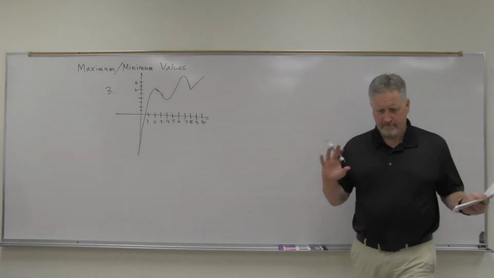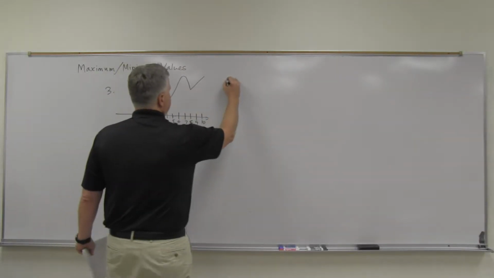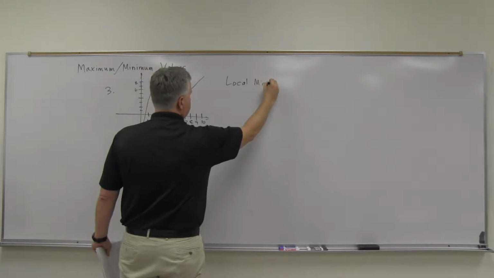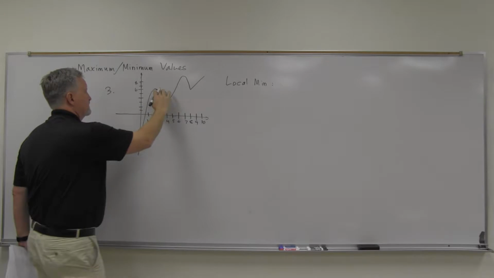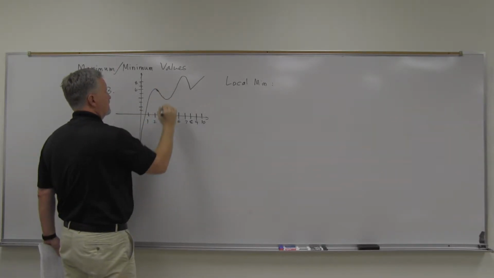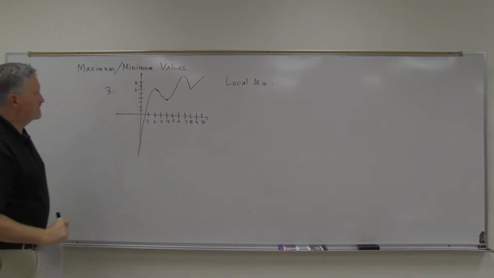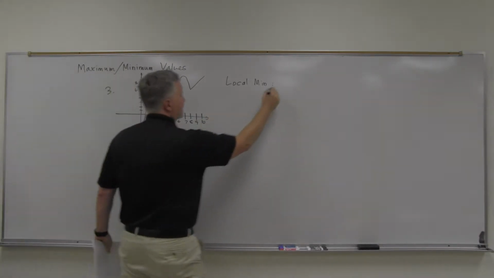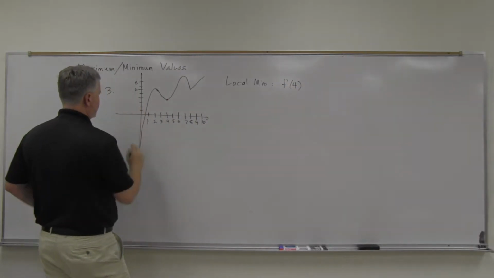Let's look at maxes and mins for number 3 here on the handout. Start with local mins. Do we have any local mins? I think so. There's a low point along in here, so that would be the location of the local min. The local min is the function value, so the f of 4, and I think we can figure out f of 4 is that